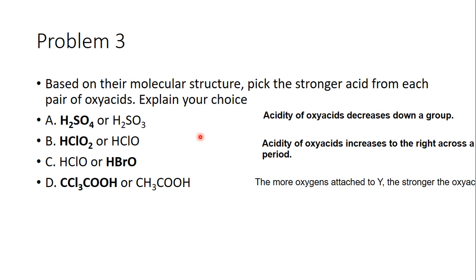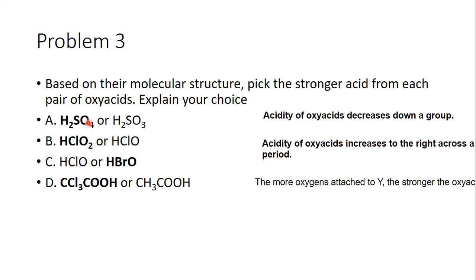And the last problem looks at the strength of oxyacids. Oxyacids have multiple oxygens associated with them, and there are 3 rules for oxyacids. One, as you move down a group, the acidity will decrease. Two, the acidity will increase as you move right. And three, the more oxygens, the stronger it is. So our first rule here is actually the opposite of binary acids, but our second one is in line with it. So if we look at H2SO4 versus